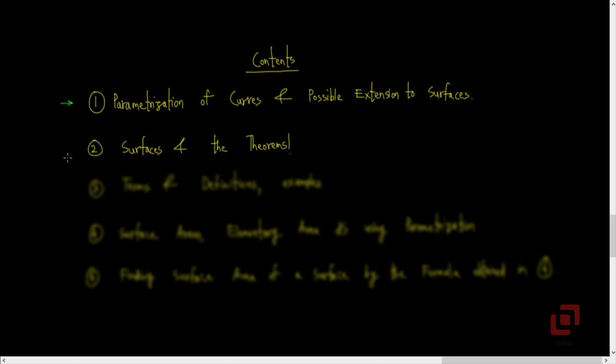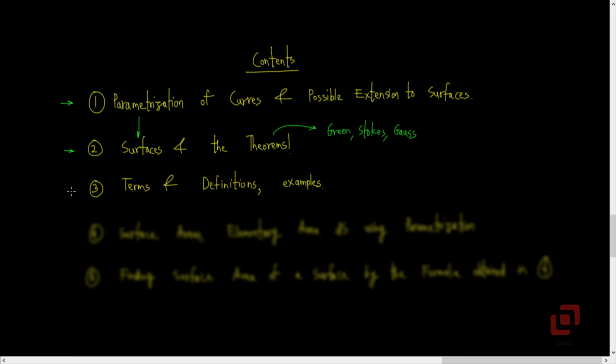One of the important motivations to study the surfaces and parametric surfaces specifically is the fact that in all three theorems on vector integral calculus, the Green's theorem, the Stokes theorem, and the divergence theorem of Gauss, in all three of them, the surface integrals appear, and to evaluate the surface integrals, knowing the parameterization of surfaces is very much essential. So that is going to be our second point.